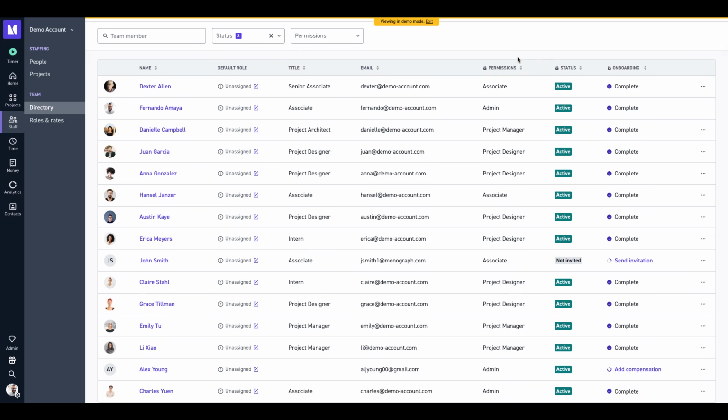Now, looking at the employee directory, we'll see the following. We'll see the employee name. We're going to see their default role that they've been assigned. That will be set up as we add our team members into Monograph. This pencil icon is also going to allow us to modify that. We're going to also see the title,